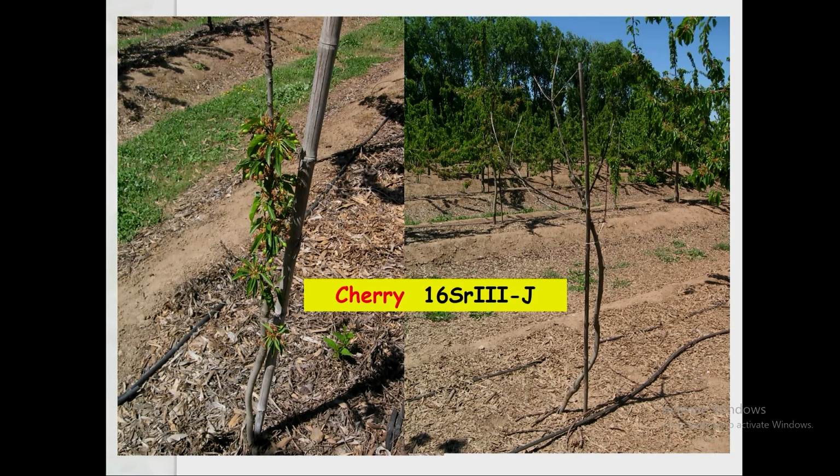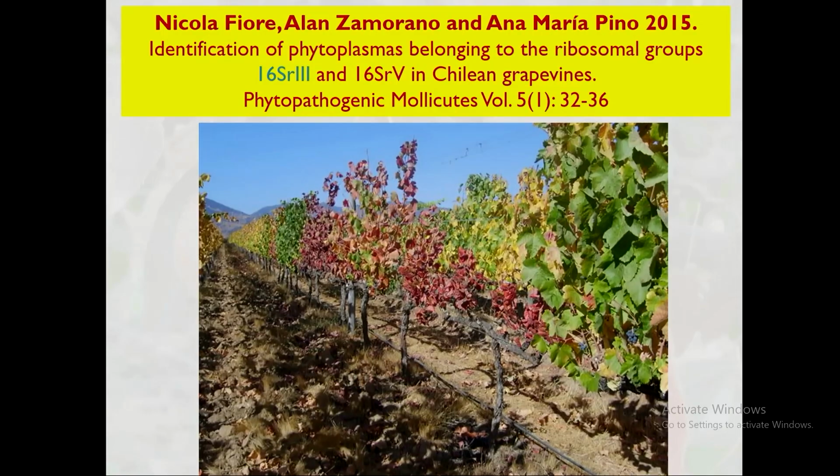Then we found 3J on cherry plants. You can see there the reduction of the growth of the plant until the death of the same. And this is a problem in some cherry plantations in some areas of the country. The other crops infected by phytoplasma are